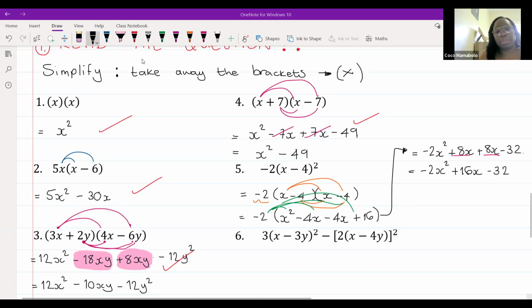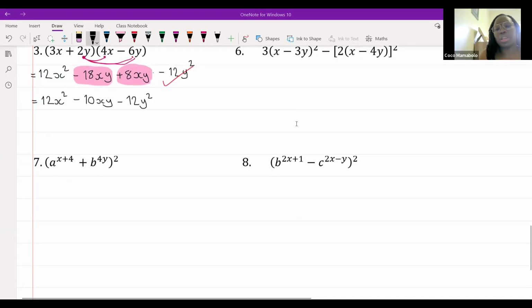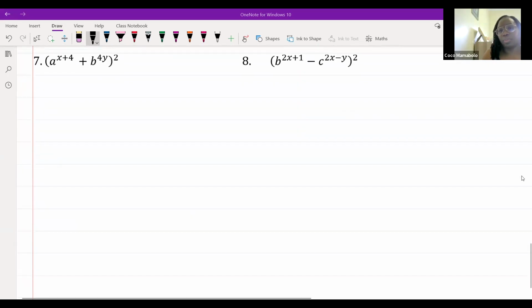Okay, we're going to skip number 6 and number 7 and number 8 because I want us to get into how we do shortcuts. All right, we're going to learn shortcuts. We'll come back to that other stuff in a bit. First shortcut we're going to learn today is if I have any number squared,